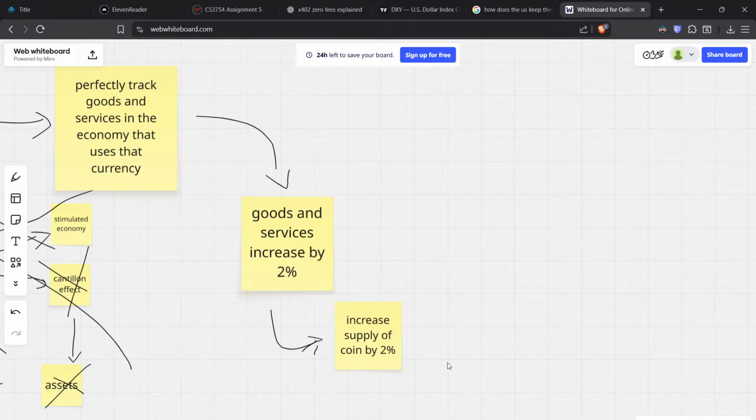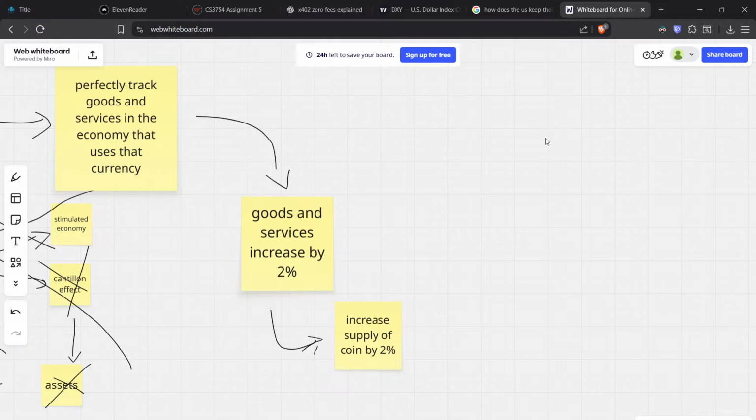You burn or mint coins, like through a smart contract or whatever. By the way, I don't know any of these things. I'm new to the crypto space. I'm not trying to go into this NFT crypto bro kind of thing. I'm just interested in the programming and lower level concepts. So I'm not too familiar with anything. I don't hold crypto or whatever. But anyways, you want to burn or mint coins automatically based on the goods and services increase,